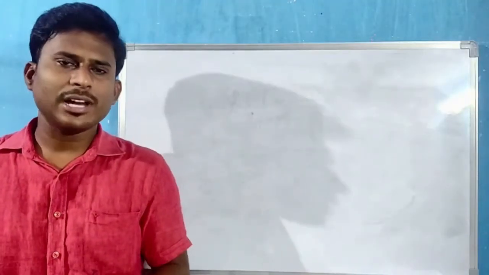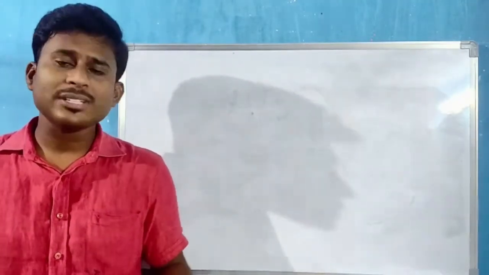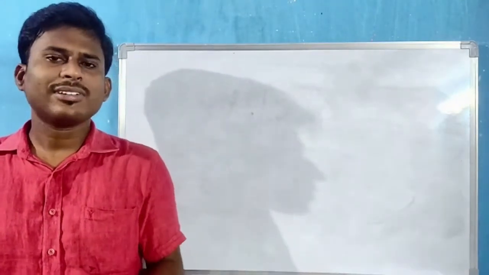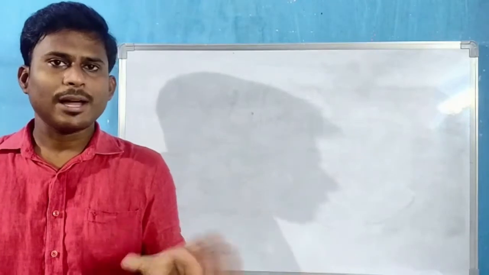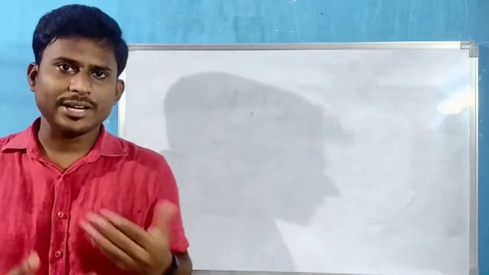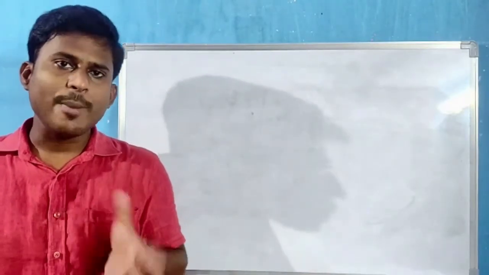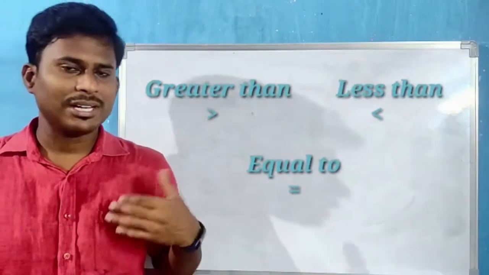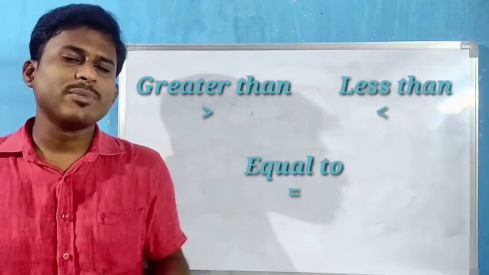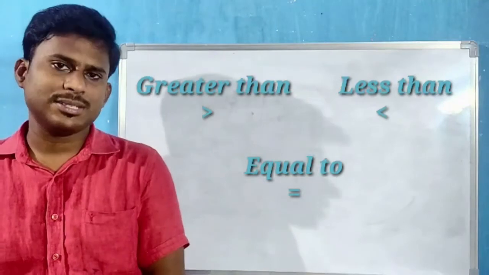So children, today we have learned comparison of 4-digit numbers, and based on these numbers we formed ascending order and descending order also. Now let us quickly revise all the rules for this comparison of numbers. First, when the digits are different, the number with the greater digit will become the largest number. And for comparing numbers we have symbols: the greater than symbol, the less than symbol and the equal to symbol. The largest number will have the greater than symbol. If the number is smaller, then we keep the less than symbol.